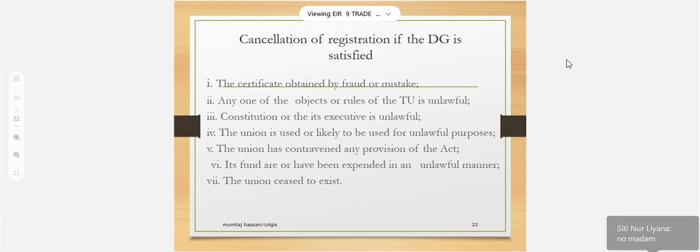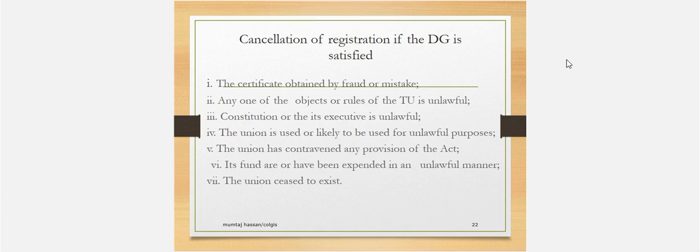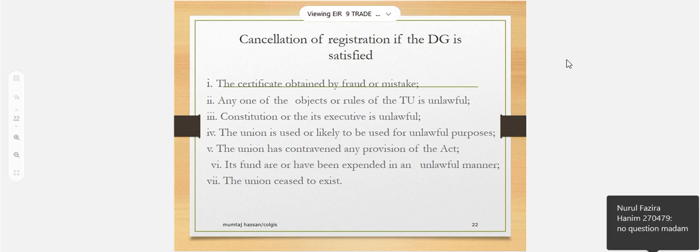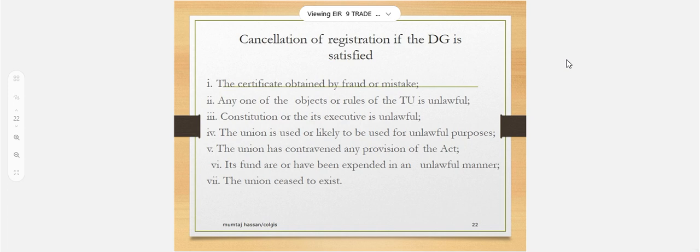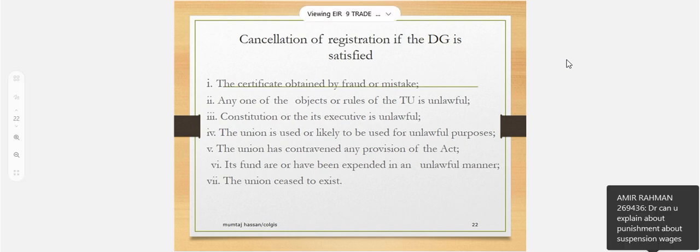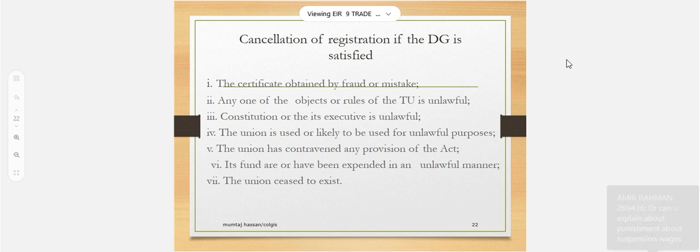Is the chairman allowed to use the money? Okay. So we will look at the money. The money is what we call the fund. Okay, I think that will be later at the end of this topic. Because to be a member, every month you must give your subscription. Depends on the trade union how much you must pay every month to be a member. Okay, the employer will deduct the salary of the employee and give it to the trade union